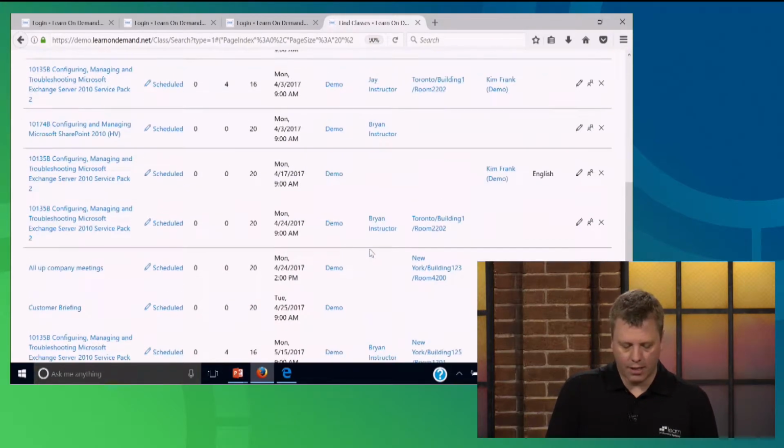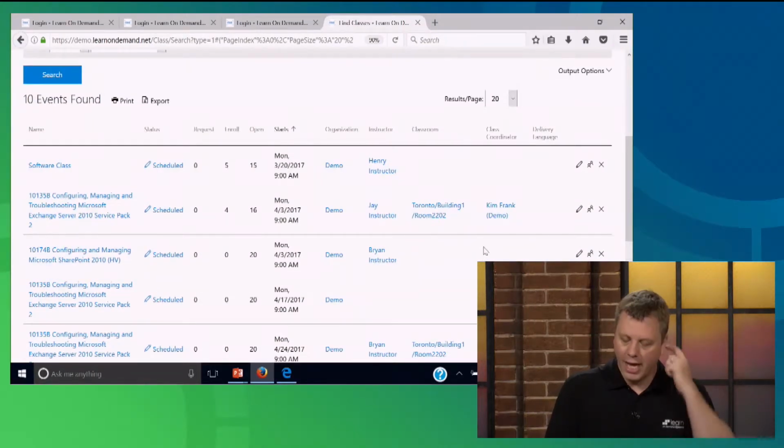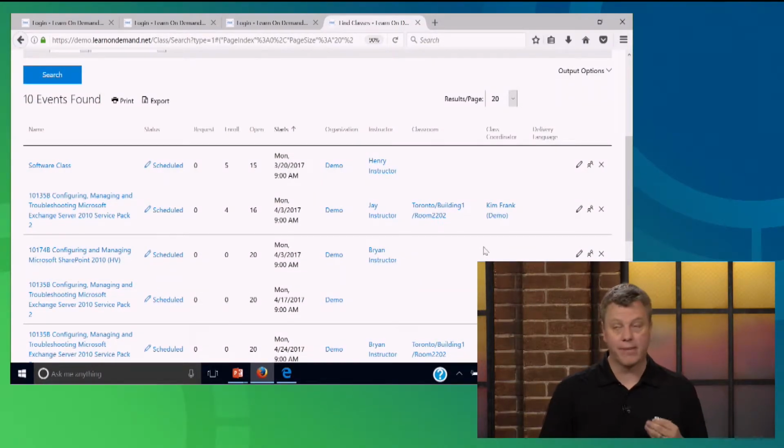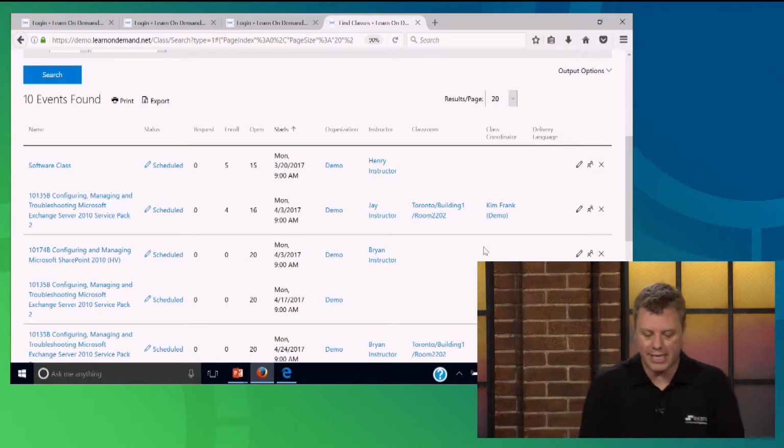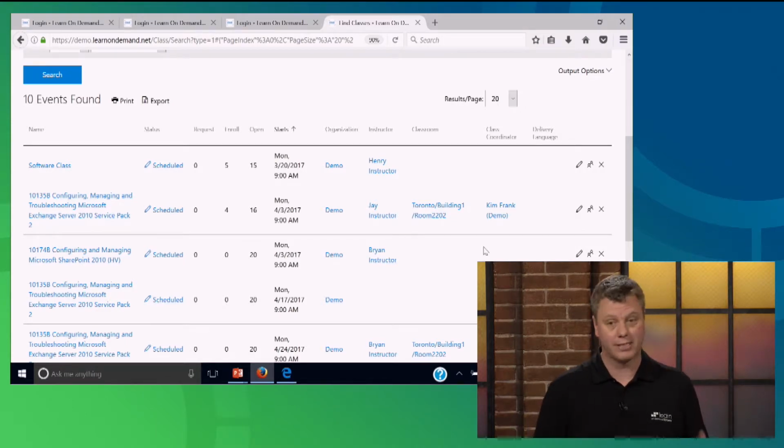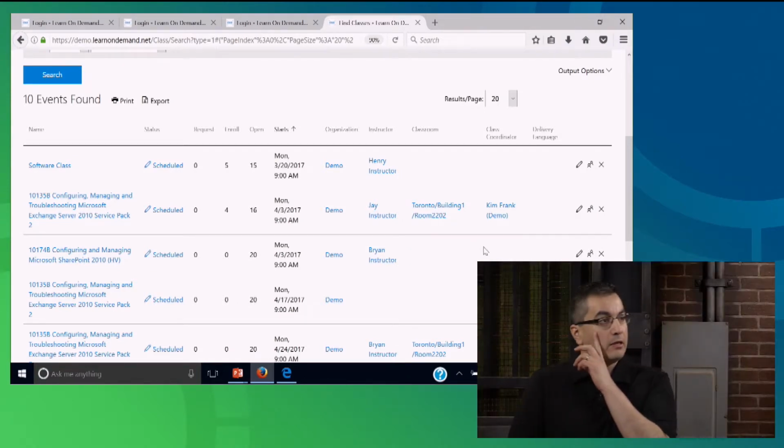So that's another great feature. And these fields can also be made mandatory. Right now, I just set them up as optional, but we have the option to say, okay, I want mandatory fields. So we have somebody asking, is it possible to use a different type of virtual classroom like Skype